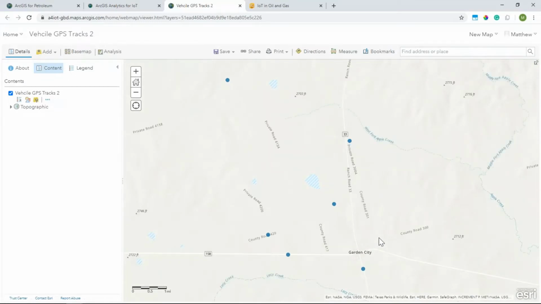So just like that, we've got these vehicles moving on the map, and in this case, they're simulated to be at a higher speed just for the sake of the demonstration. My map is live and dynamic, always showing the newest data. And users can look to this map to then understand where the workforce is, coordinate work in the field, and run their operations more smoothly and efficiently.